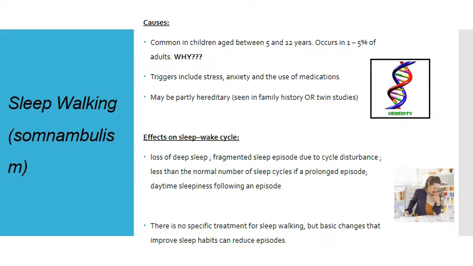In terms of the effects on the sleep-wake cycle, pretty much it leads to sleep deprivation. If we're going to go into more detail, there is a loss of deep sleep, obviously because you sleepwalk or you are more active in NREM 3 and 4 when your body should be regenerating itself. And so there's an interruption to that natural progression of the sleep-wake cycle during the sleep episode. Sleep, therefore, is fragmented, and so you tend to get less than normal numbers of sleep cycles if the episode is prolonged. What that means is that you're sleep deprived, and you may have daytime sleepiness, so you may feel sleepy